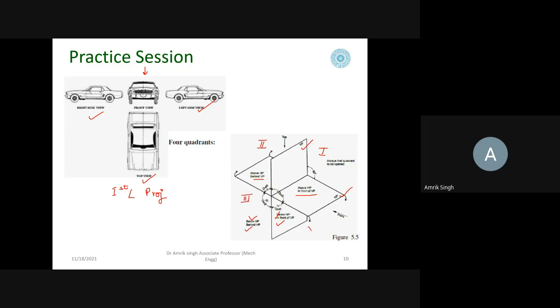And this is the fourth quadrant. So when we place the object here and draw the projection, this is known as the first angle projection. When we place the object in the third, we call it third angle projection. And this is the arrow of the rotation. So when we rotate this horizontal plane downward, this matches with this, and the projection is going up. Okay. So these two figures are very important.